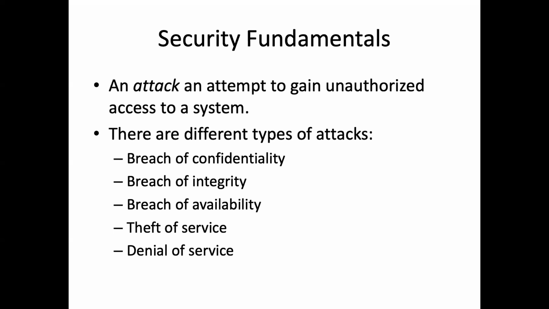For instance, if all of the account balances were saved in a big file, you probably wouldn't do that, but if they were, if you could go in and delete that file, even if you couldn't see what was in it, and even if you couldn't change it selectively, deleting it would be destroying the data. It would be making it unavailable to legitimate users. So breach of availability would typically include things like unauthorized destruction of data.